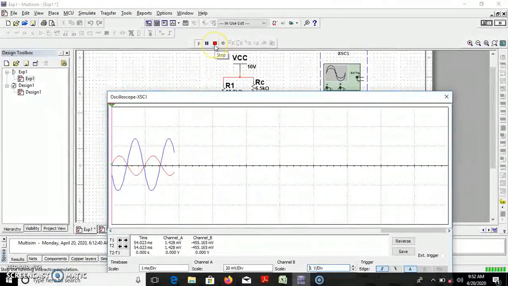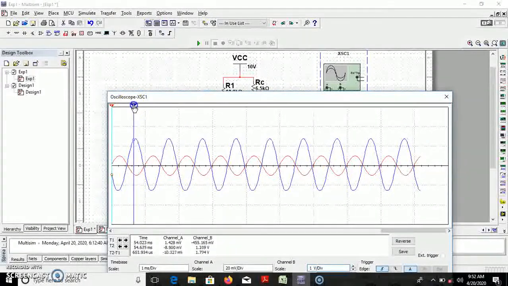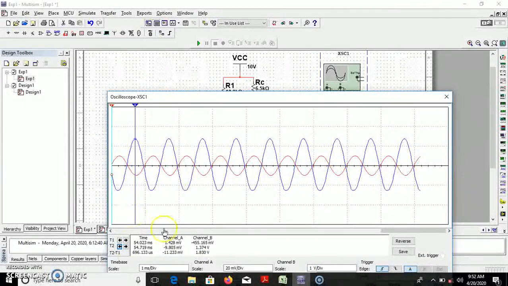So you need to note down this reading. Stop this one and start to measure the positive peak. Just click on the blue button and the cursor will be on this one. This second bar you can set on the positive peak value, that is 1.374. Move the first bar towards the negative peak value. This you can control from T1. 1.243, 257, 264, 267, 266. So 267 is there. So the peak to peak value is 2.641.